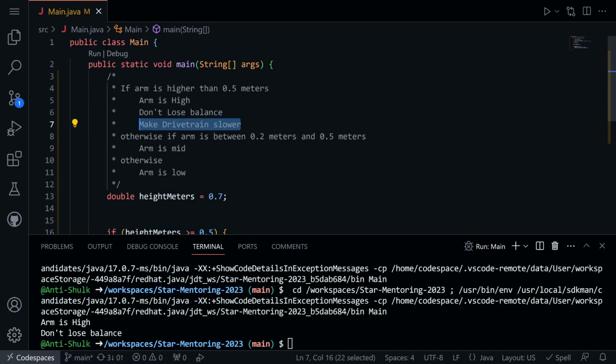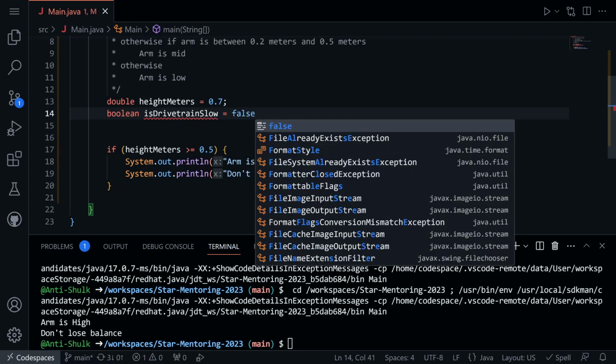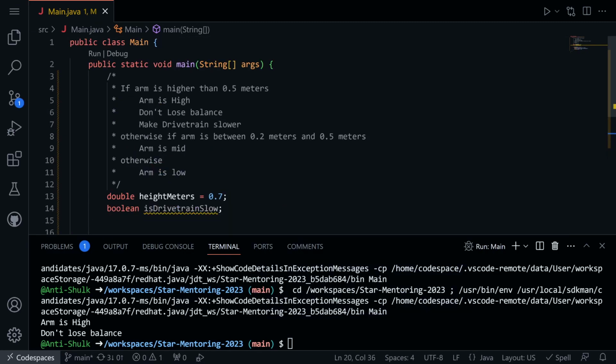and also we want to do our last thing, make the drivetrain slower. So let's create a Boolean called isDrivetrainSlow, just like that. And we're going to make this equal to false for now. Or how about we do it like this? So we're going to say isDrivetrainSlow equals false, like this. No, sorry, true. I'm confusing myself. Okay, so we made our drivetrain slower by setting it to true, and then if our arm is between 0.2